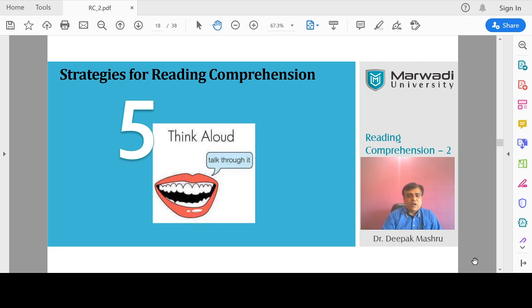Okay. Now, the fifth one is think aloud. It is not about speaking aloud or asking everybody in the class about the answers. It means talk through it. You ask yourself, you talk to yourself. It's called thinking aloud. So you talk to yourself: okay, this is the one, how can I structure it? If I am the author of the paragraph, how will I expand it? How would I go about developing this further?